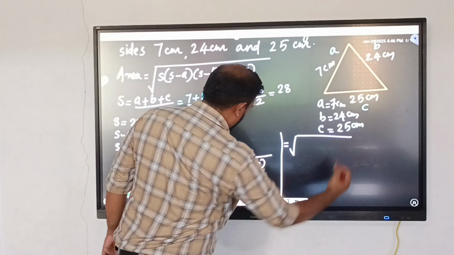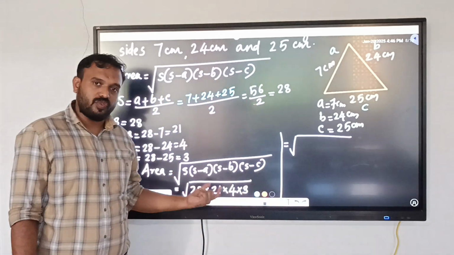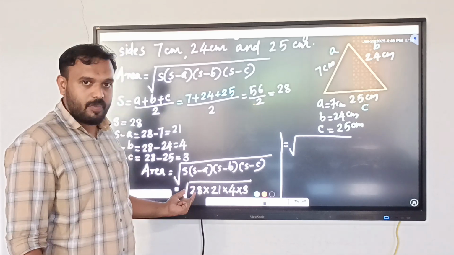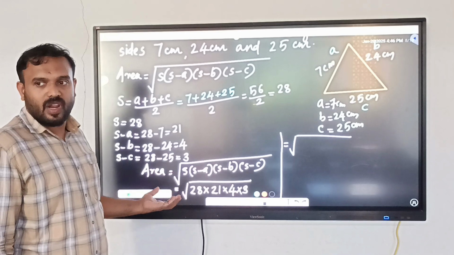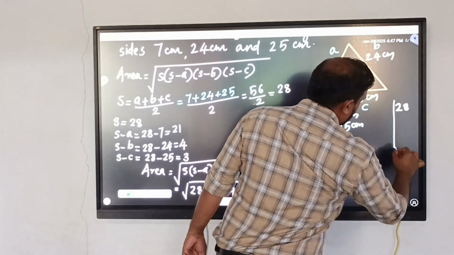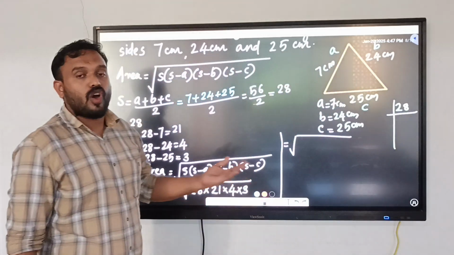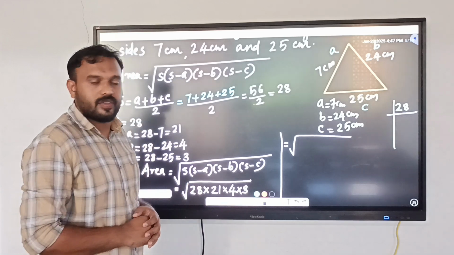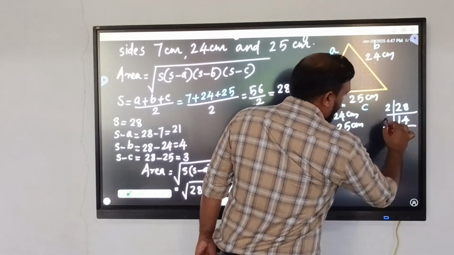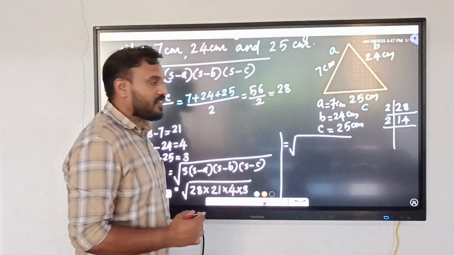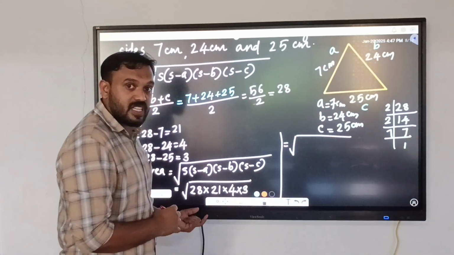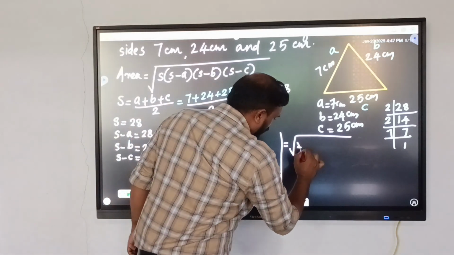Now let us simplify. How will we find the square root of these values? For that, let us factorize using prime numbers. I think all of you are aware of this. How will we factorize 28? The lowest prime number, what is the lowest prime number? Yes, 2. So divide 28 by 2 and we will get 14. Again by 2, what will we get? 7. So we can express 28 as a product of 2